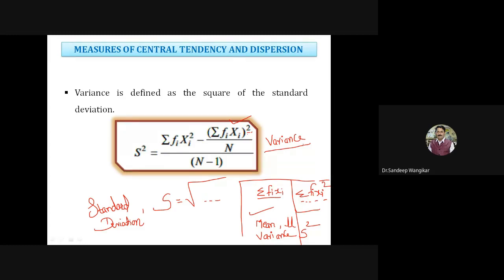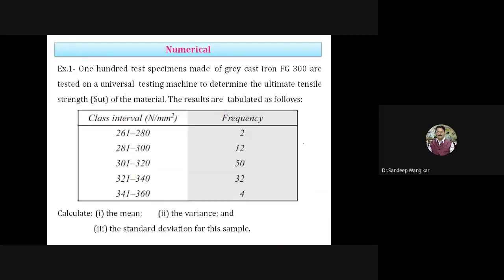So let us have a numerical, and then you will come to know how to apply these formulas to calculate the mean, the variance, and the standard deviation. We will discuss one numerical based on this. Here 100 test specimens made of gray cast iron FG 300 are tested on a universal testing machine, UTM,